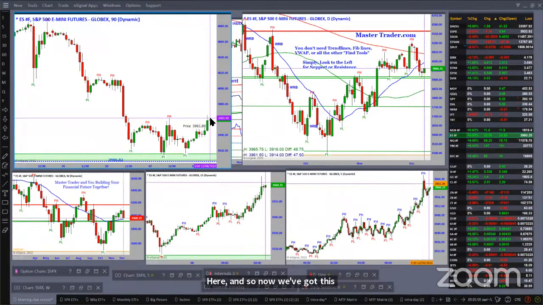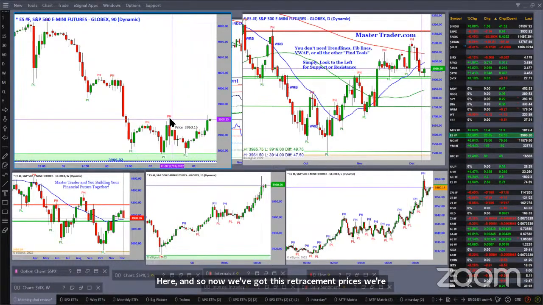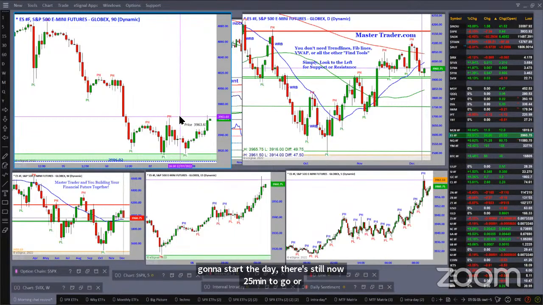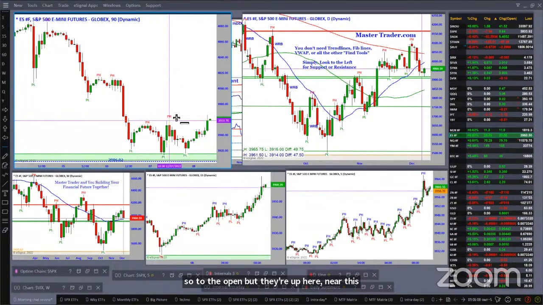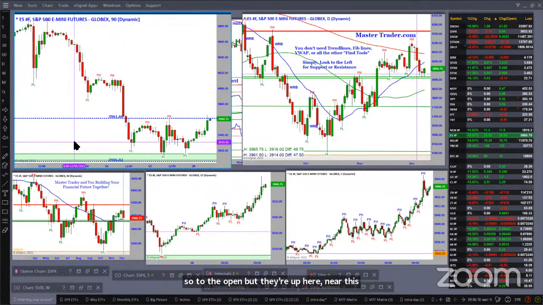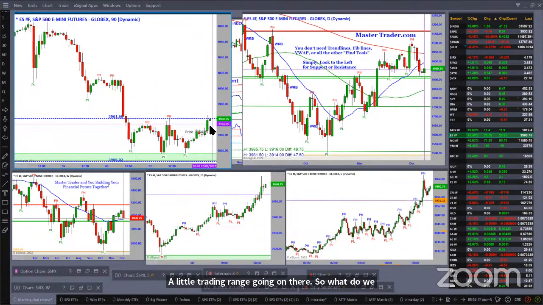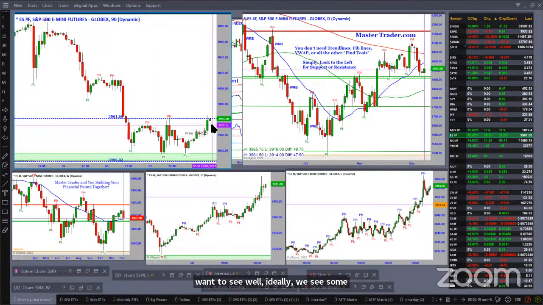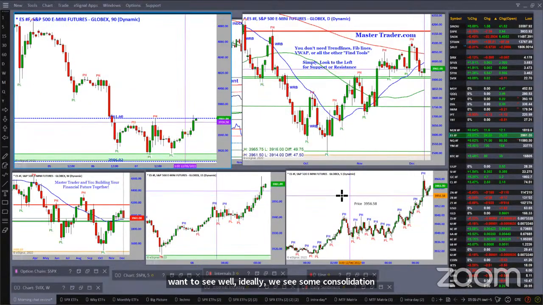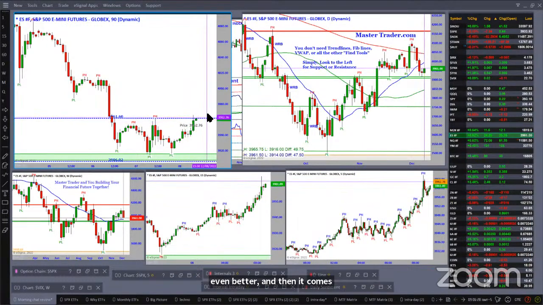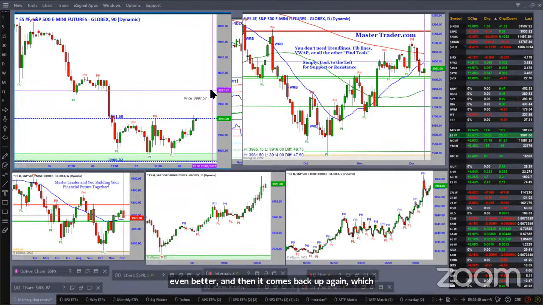We're going to start the day. There's still 25 minutes or so to the open, but they're up here near this pivot high. So we have, for the short-term basis anyway, a little trading range going on there. So what do we want to see? Well, ideally, we see some consolidation here at the open. Maybe it even dips down. That would be even better. And then it comes back up again, which would be an ideal scenario for a move up toward this 4,000